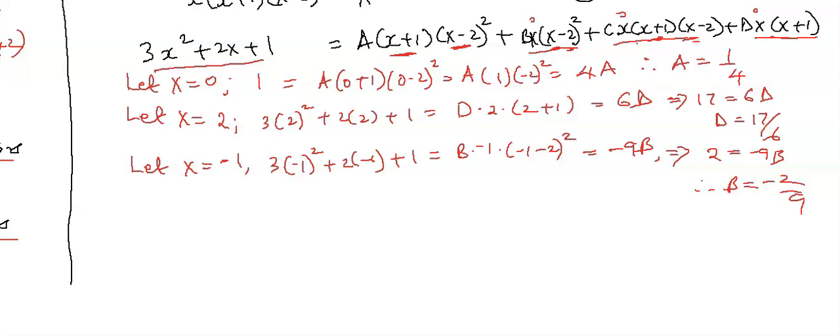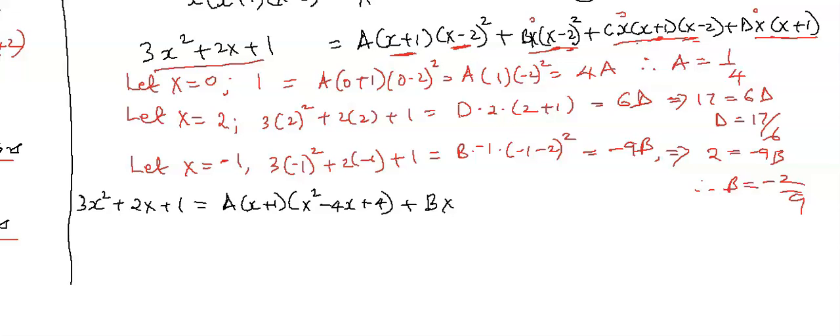So the method that works for such cases, and maybe the other cases, case 3 and 4, is to expand everything on the left hand side and on the right hand side, and then you equate the two. So this on the left is clear, 3x squared plus 2x plus 1, and on the right, if we expand all this, we shall get ax plus 1. Maybe first expand x minus 2 squared, to make our work easier, plus, I think we can expand this right away, x squared, that is x cubed,